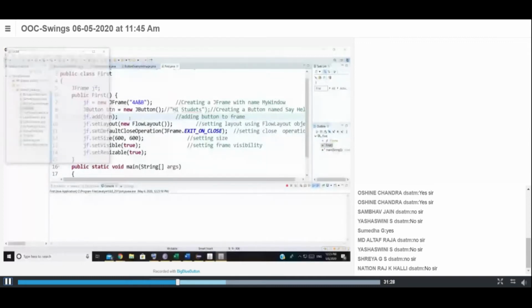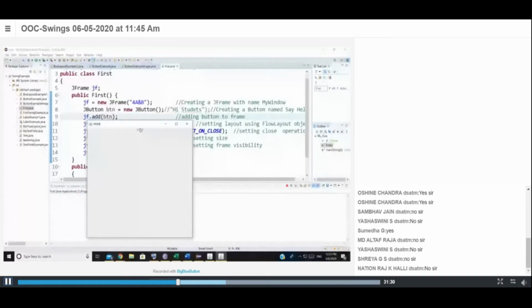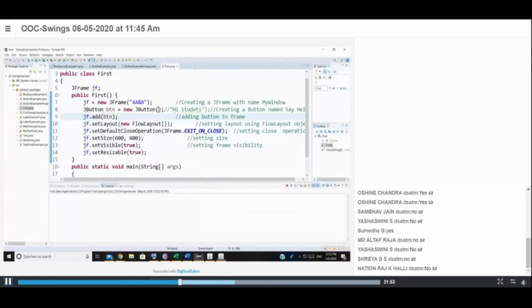So now I have a button without any text. Can you see? Because I have not passed any information within this constructor. Simply I have created an instance called btn and added the btn into the frame, but I have not included any text on it. That's why I have a button without any name or text. It's very easy to give a text. Remember there must be double quotes; whatever you type in the text will be present in the button.